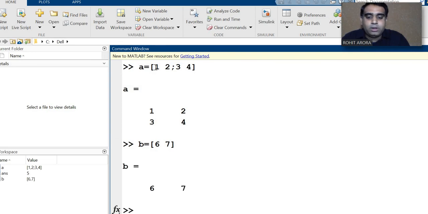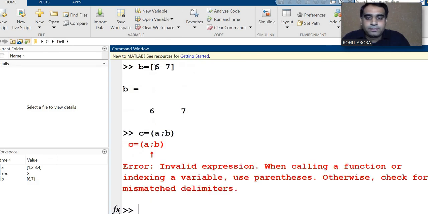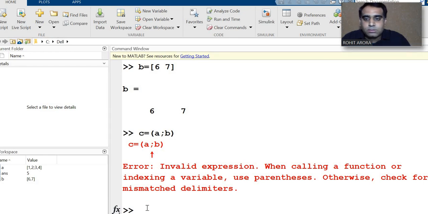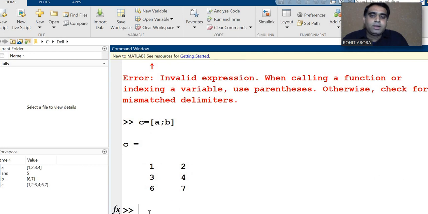Now what I will do: C is equal to bracket A semicolon B. In this case C is equal to A semicolon B. Now 6 7 is added in this part.